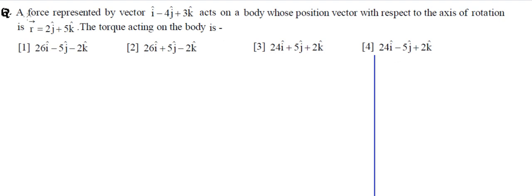Here is another example, and that's again a good example, using the vector algebra a lot more. It says a force which is a vector quantity is represented like this. Yes, this acts on a body whose position vector with respect to the axis of rotation is given to us. So we have been given a position vector, and we have been given a force, and we are looking for another quantity called torque. Torque acting on the body is. So these torques and the force and all these things will be defined later. Since they are being used over here, I can explain the formula, what the formula is, and how the vectors are going to be used here.